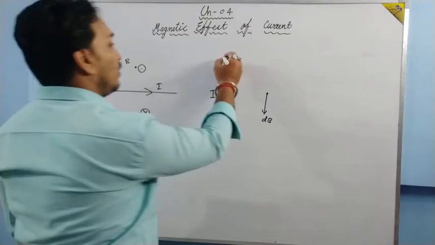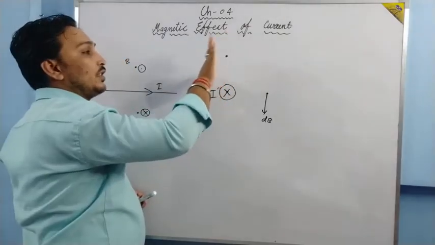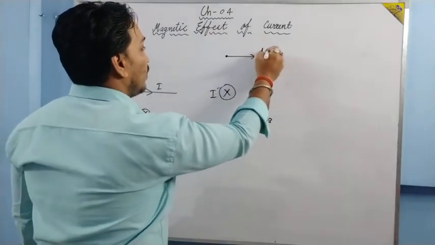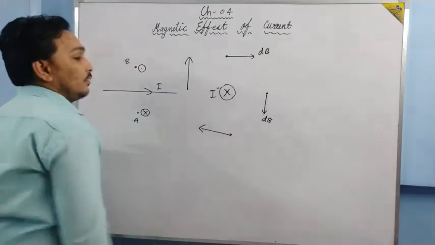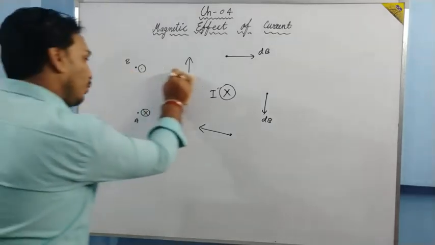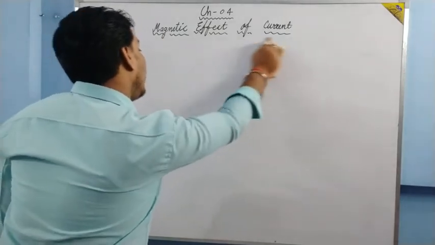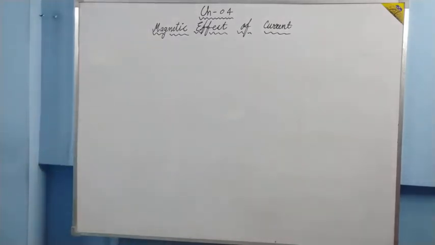Here it will be. Just give it a try. Thumb towards this side, fingers towards this side, palm facing that side. The magnetic field will be towards this side. Here it will be this side. Here it will be this side. Okay. So you need to know how the direction of the magnetic field is to be determined, because from the Biot-Savart law, if you use the expression, you will only come to know the strength of the magnetic field, the value of B, but the direction you have to determine by yourself.